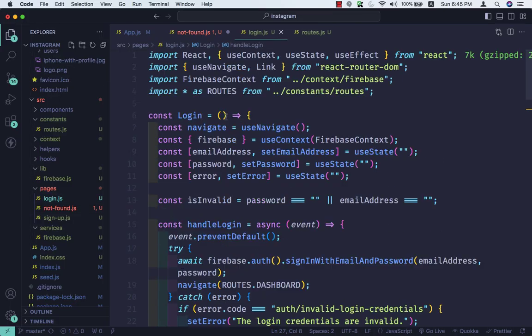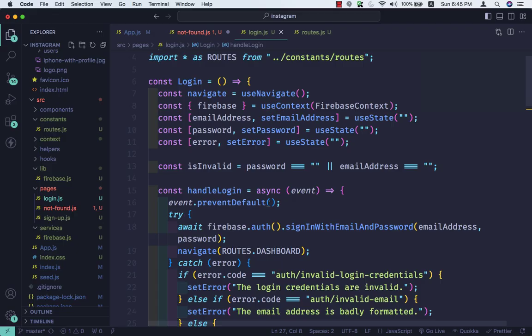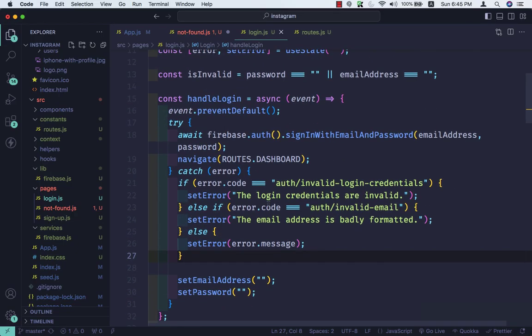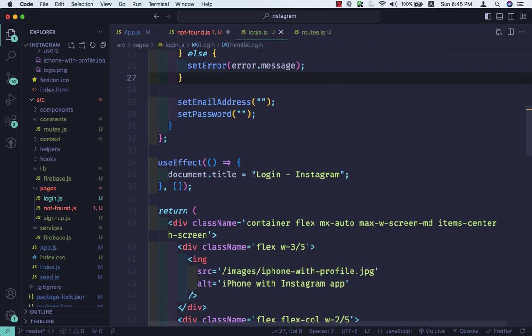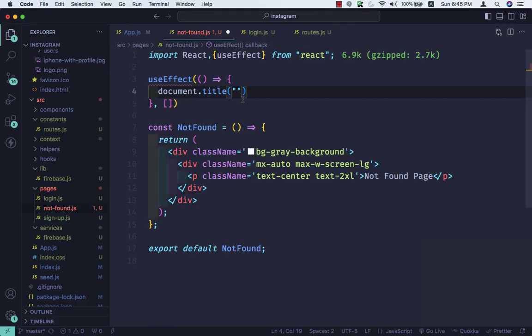So document.title, that is fine. Let me just copy this. This will be not found